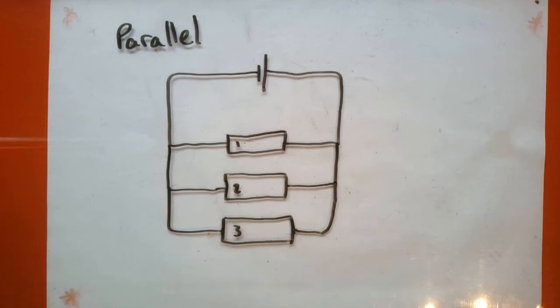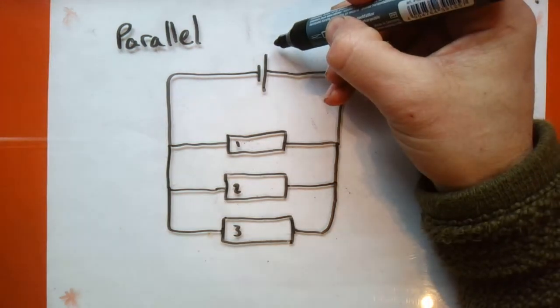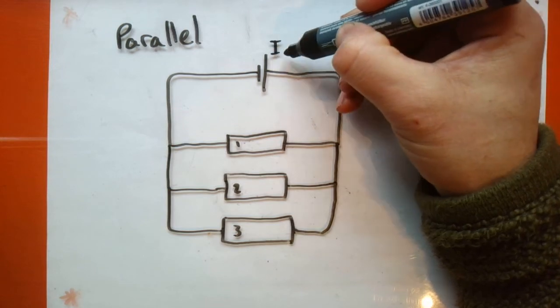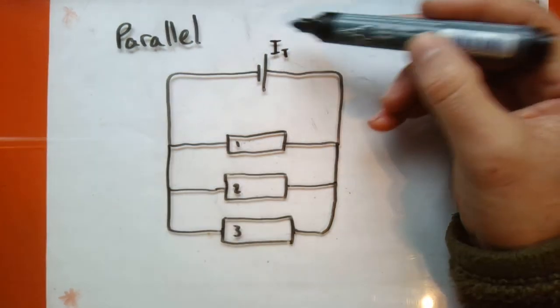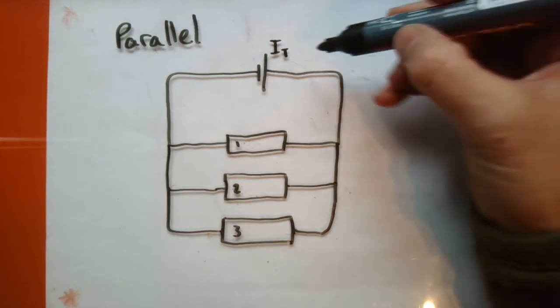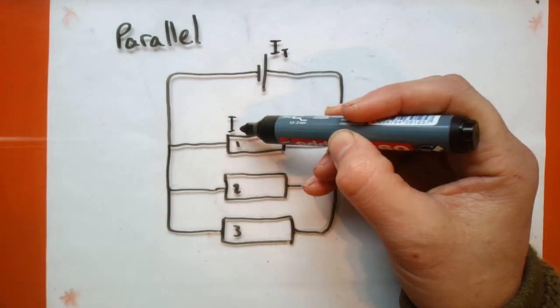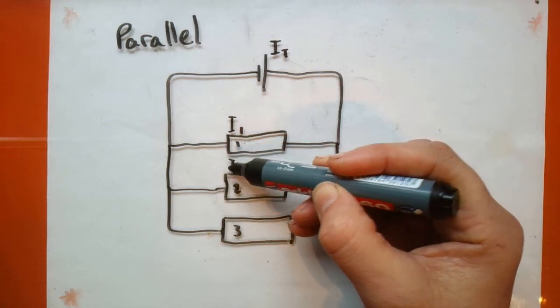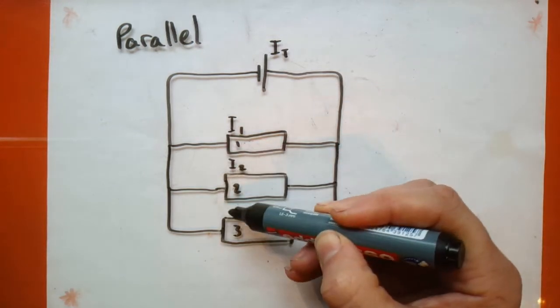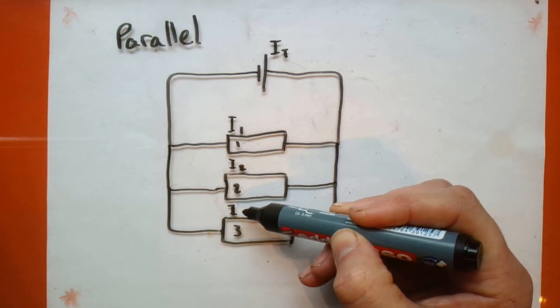So what we've got, we're going to start off again with the total current. We're going to talk about the total current being at the cell, and then we're going to have the current over resistor 1, the current over resistor 2, and the current, the flow of electrons,